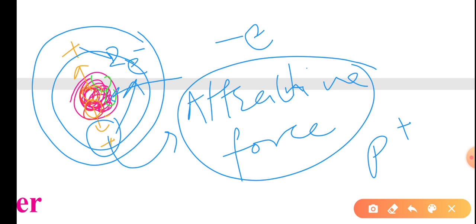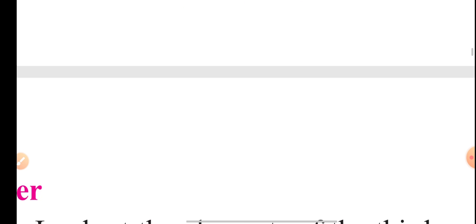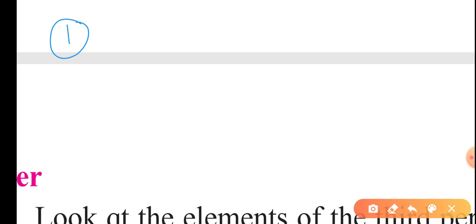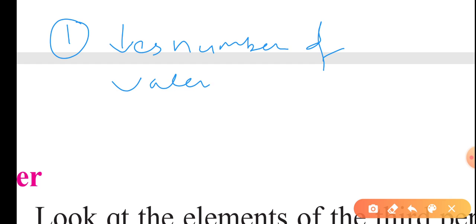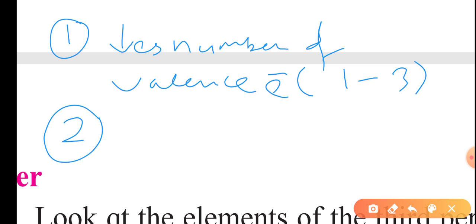So in metals, there are two or three points. Number one point is, metals usually have a less number of valence electrons, usually 1 to 3. They usually have a very small number of valence electrons, 1 to 3. For example, sodium has only one valence electron. The second point is,